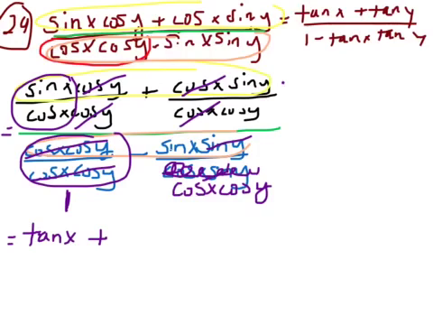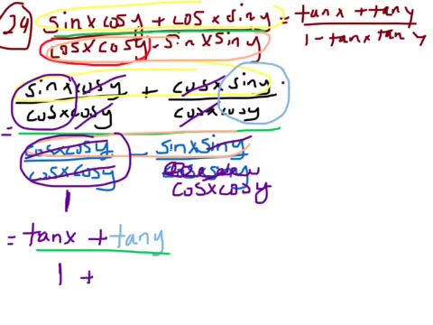Now, I'll try to just use some different colors. This right here, you got sine y over cosine y. What does that turn into? Tangent y. Okay. Now let me draw my green middle fraction bar. Here I have a 1, don't I? I mean, we already saw that everything divided out here, so that's a 1. And then over here I have